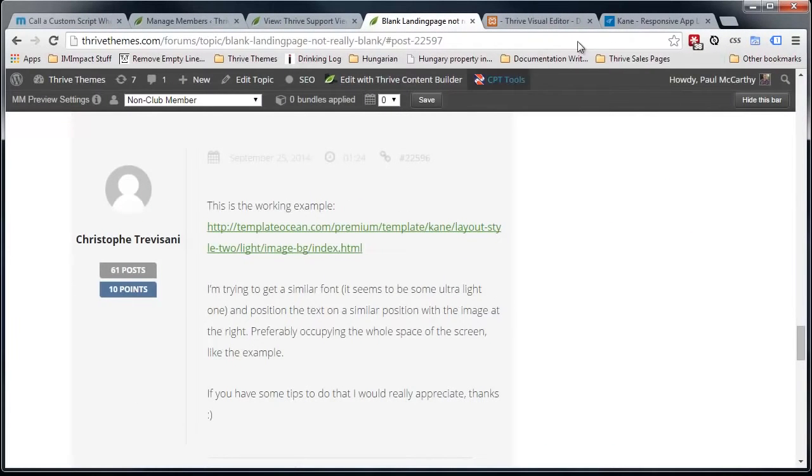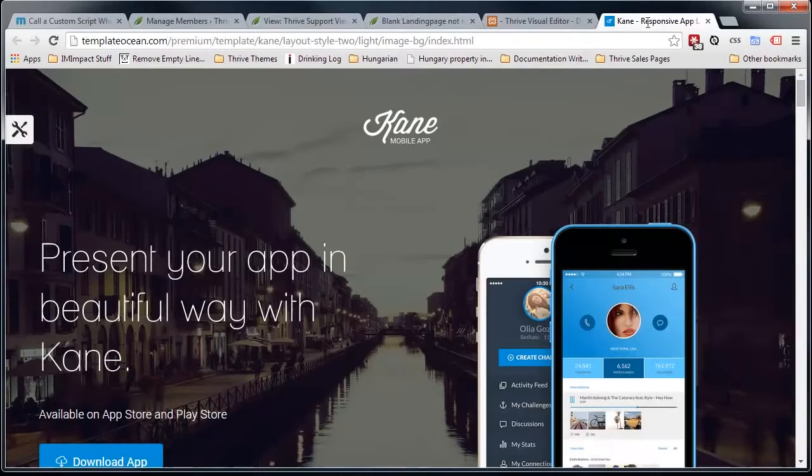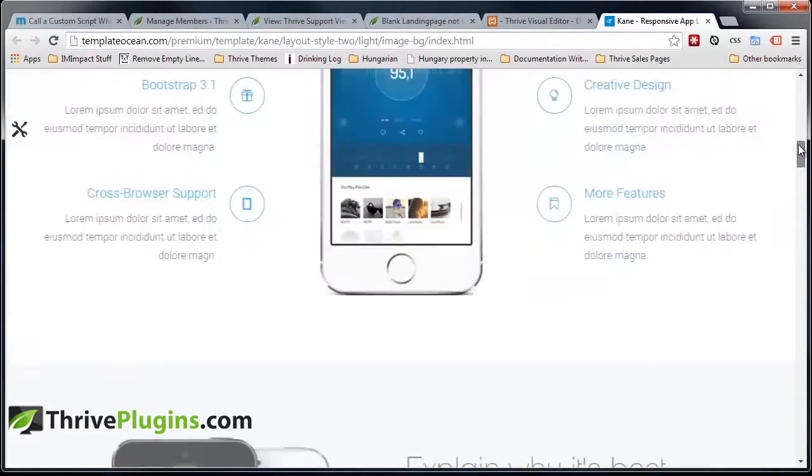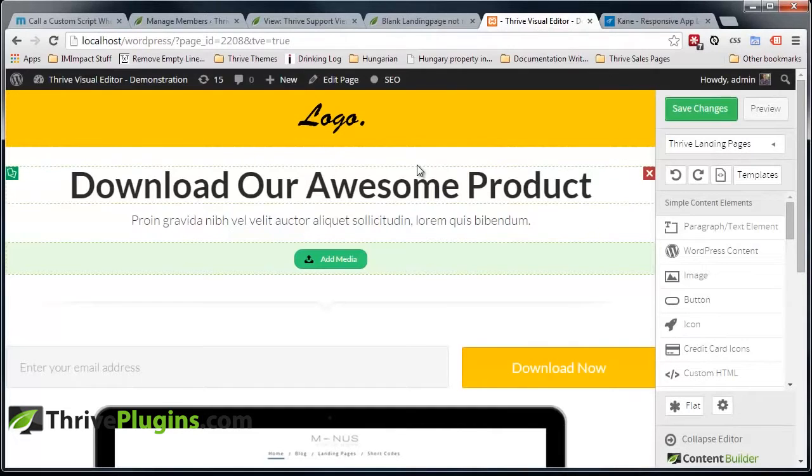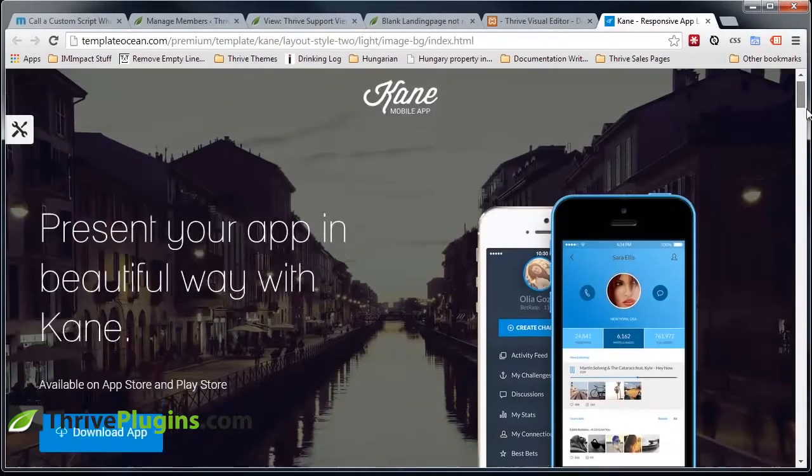One of our members wanted to build this page here, which is this page, in the content builder, but wasn't sure how to do that. So what I thought I'd do is race myself to see how fast I can actually build that page in the content builder, but also give you an overview of how you can build pages like this using the content builder tools. So the first thing I'm going to do is I can see here this page has full